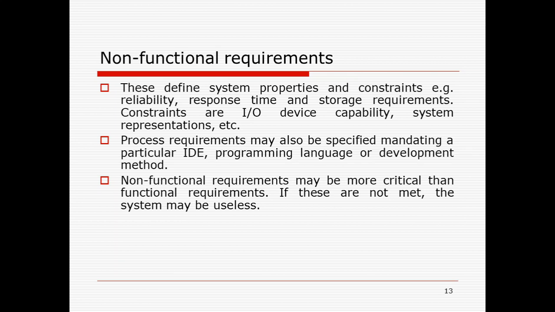So if a system is to be very reliable, there is no scope for any miscalculation, then that comes under the reliability constraint. Actually every software is expected to be reliable, but there are some systems, as we discussed in our case study, the insulin delivery system, that have to be highly accurate. There should not be any miscalculation, because any miscalculation of the insulin level will adversely affect the patient's health. So that is where the reliability constraint comes into the picture.